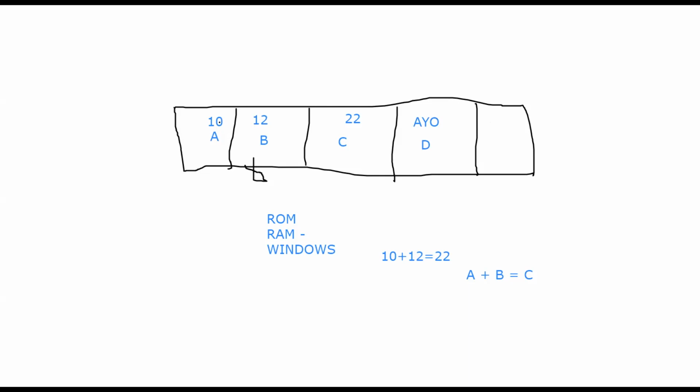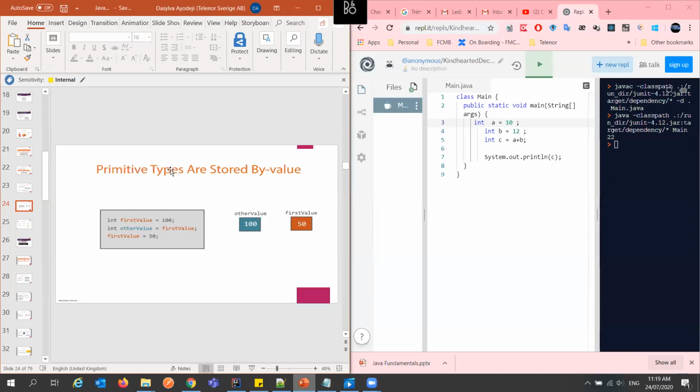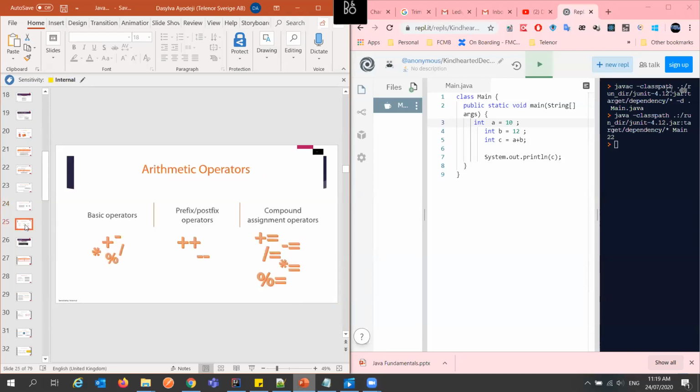Let's continue sharing the screen. So that's the simple explanation of primitive types stored by values. When we come back, we are going to start with arithmetic operators, because we need to finish these arithmetic operators before we can build our calculator. Okay, I'll see you in